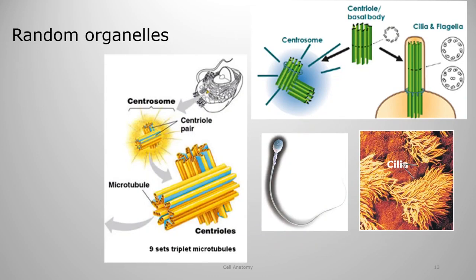All right, so this is like a completely random slide. It's like the kitchen drawer of organelles. Like, here's all the other stuff. All right, so there are these little barrel-like structures up here on the top right, and they're called centrioles. These are used to make other organelles that are needed, like centrosomes that direct mitosis, cilia and flagella, which